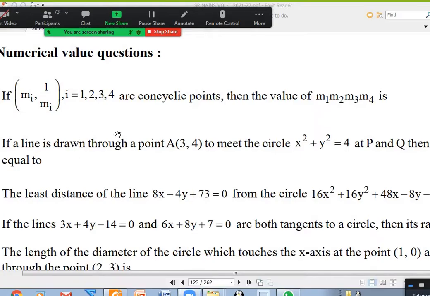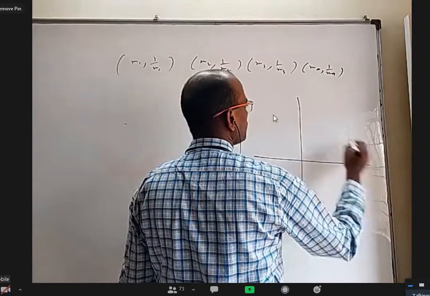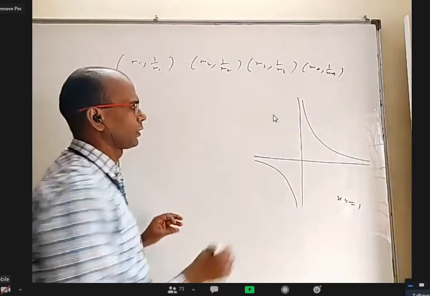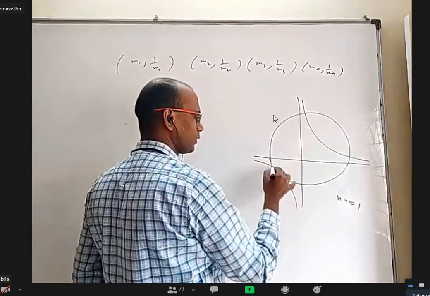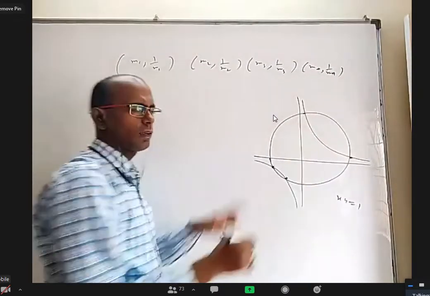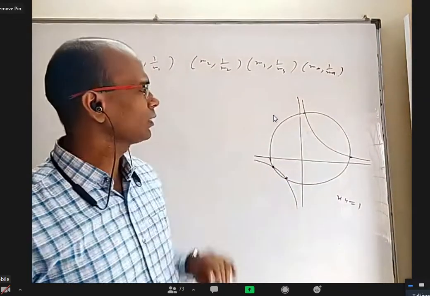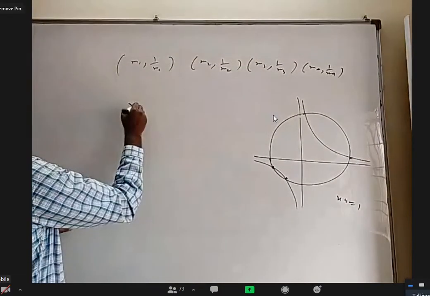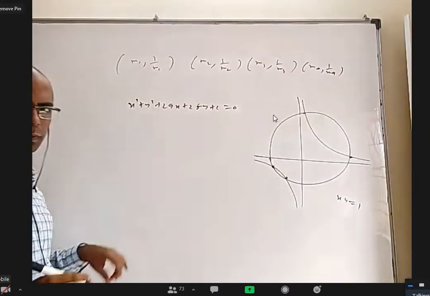This one, right? Okay. So basically xy equal to 1 is like this. All these points are satisfying that. And your circle can be intersecting this side or completely that side, doesn't matter. Maybe it is like this. These 4 points are there, they all will be in this form. If you take x coordinate m1, y coordinate will be 1 by m1. If you take x coordinate m2, y coordinate will be 1 by m2. Okay. So basically these 4 must be the points of intersection of the circle x square plus y square plus 2gx plus 2fy plus c equal to 0 and this hyperbola.